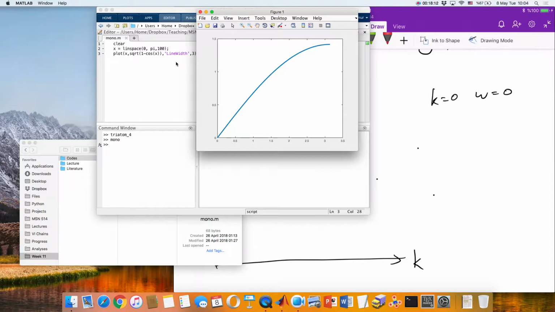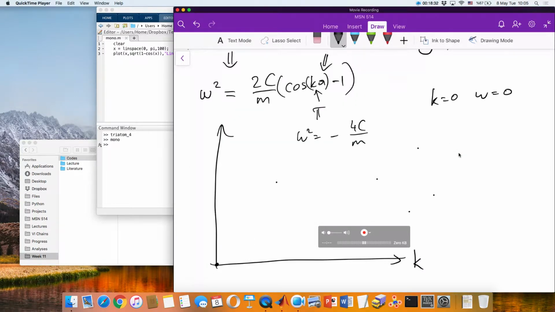Cosine pi is minus 1. So you have omega squared equals minus 4c over m, right? Sorry. So omega squared equals minus 4c over m,